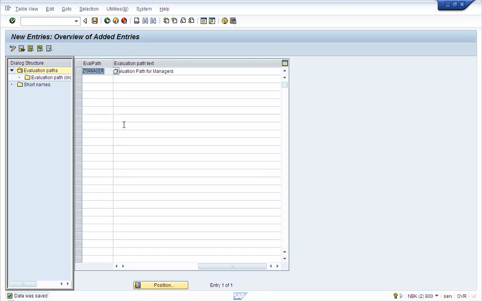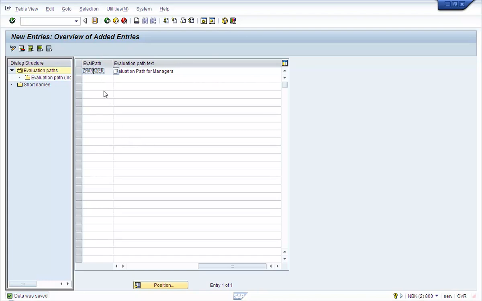But you also have occasions, projects, or customers who would expect you to create the evaluation path yourself. In that case, you need to have a very good understanding of how the org structure has been defined by interacting with the org management team.